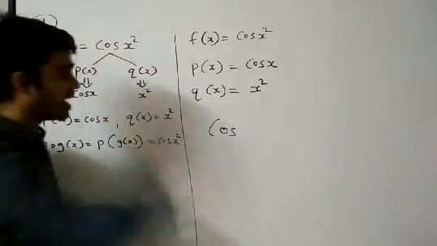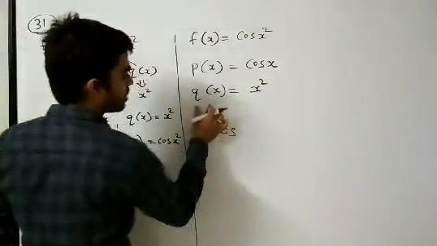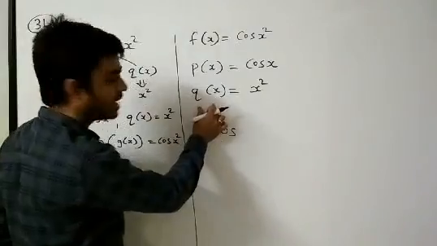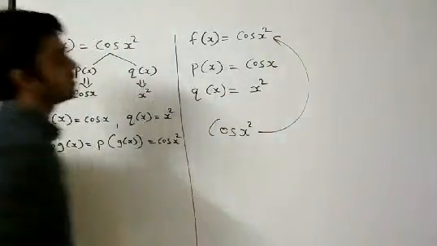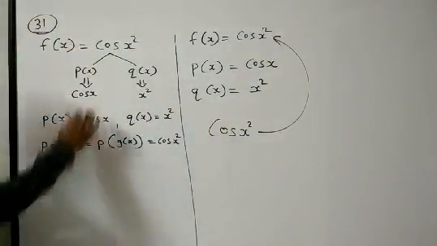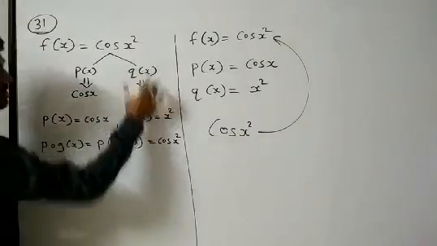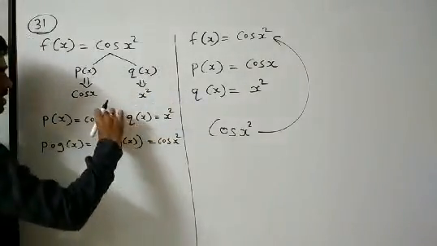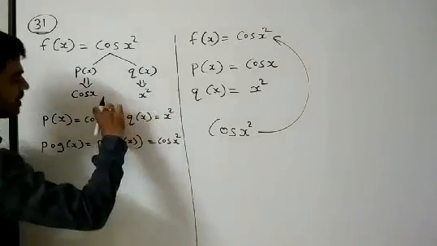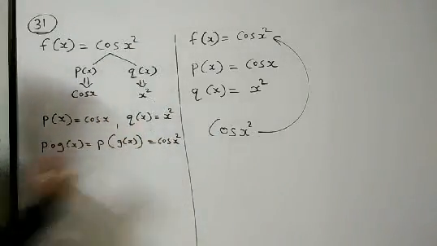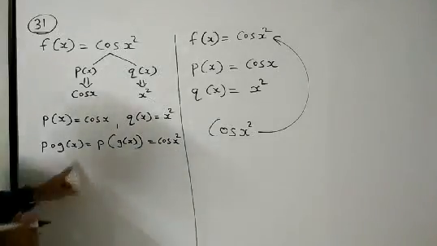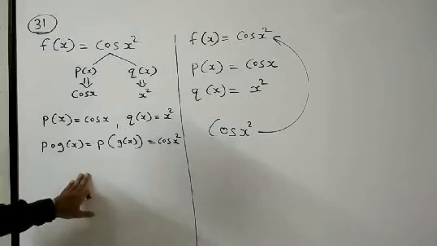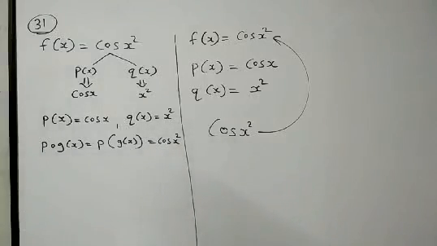Now what do we have to put in place of x? Instead of x, we have to put this g of x, but what is the value of g of x? X square. So we got this function. So I have taken p of x as cos x, g of x is equal to x square. So instead of x, if you put x square, you get this function back. So this is your p of g of x. Now why are we taking this? You might be wondering why we are doing this. Why are we taking it? Because